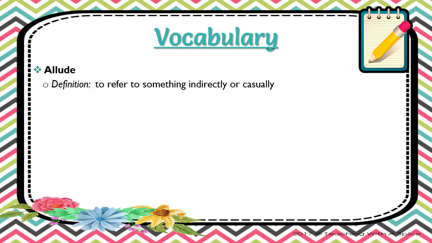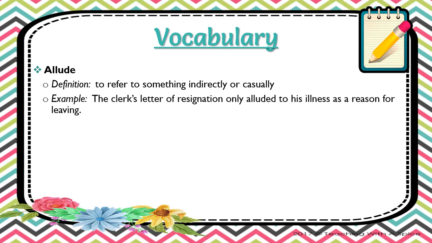For example, the clerk's letter of resignation only alluded to his illness as a reason for leaving. A letter of resignation is when you're leaving your job, you are resigning. So a letter of resignation formally states that you are leaving your job. A clerk is someone kind of like a secretary, who takes care of paperwork and things like that. So they're leaving their job, and part of the reason they're leaving would be an illness, but